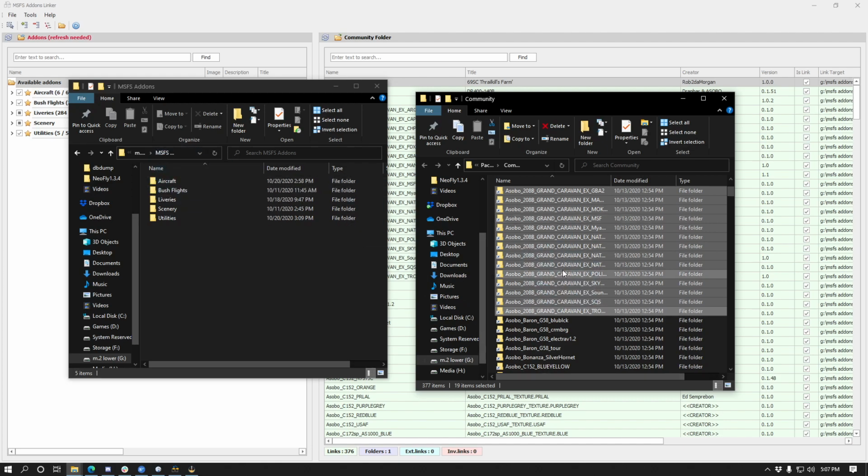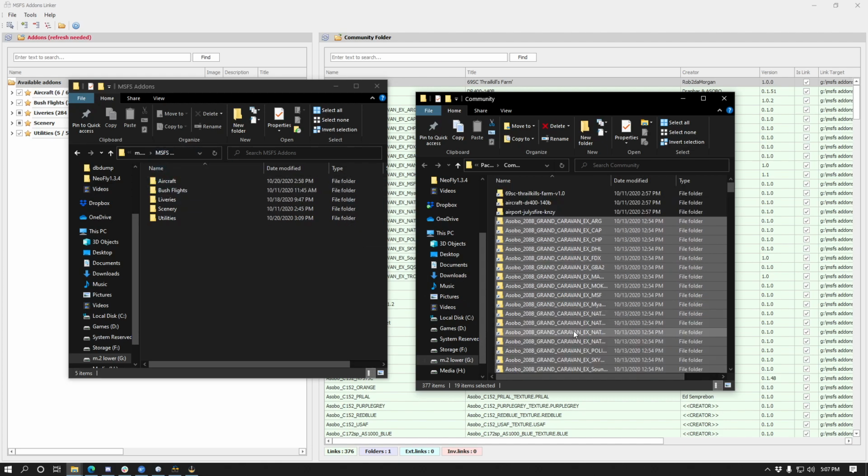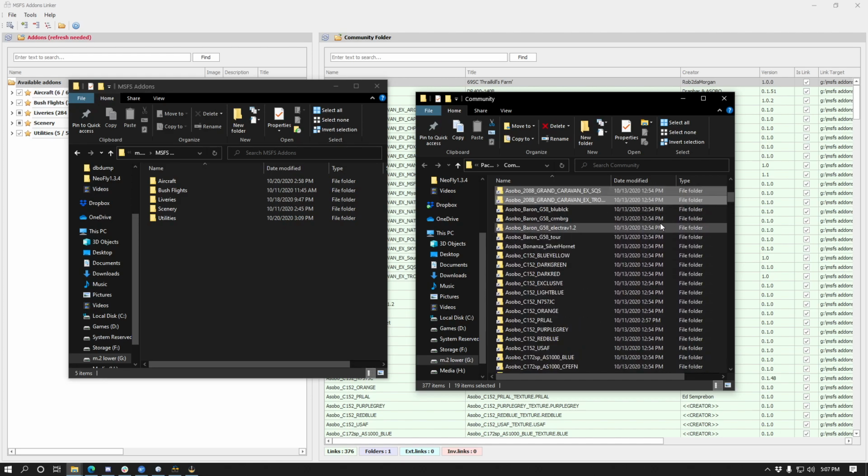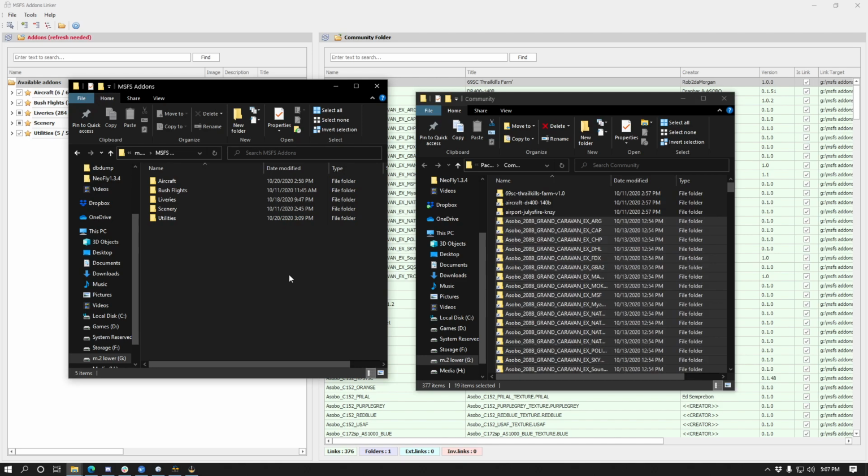Now I'm not going to do that because these are already shortcuts created by the program. And do the same for all your other add-ons. If you don't have add-ons yet, great, just start downloading add-ons. FlightSim.to is a great resource to get add-ons, especially liveries, some scenery and whatnot. So head over there, grab your add-ons, download them, and put the folders inside of whatever folders you have set